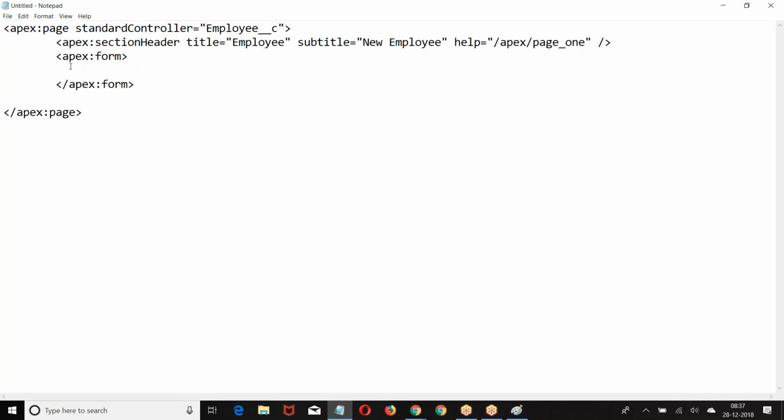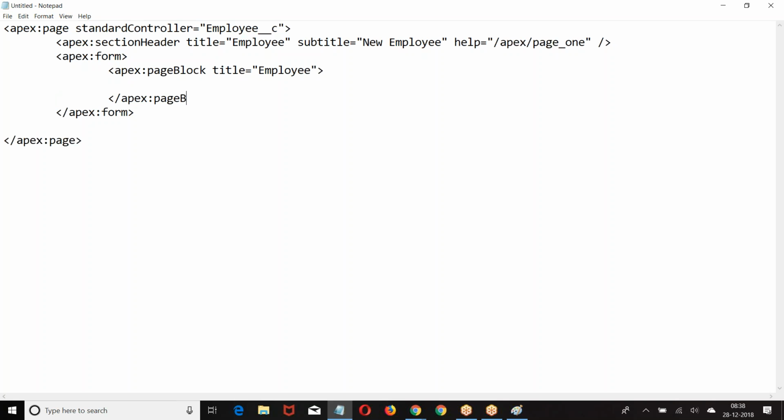So what are you supposed to create? First, you are supposed to create the page block. Then within the page block, create page block buttons, with location equal to